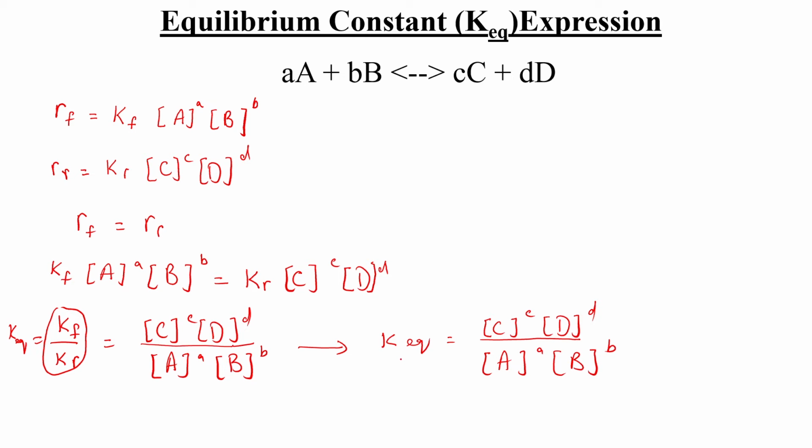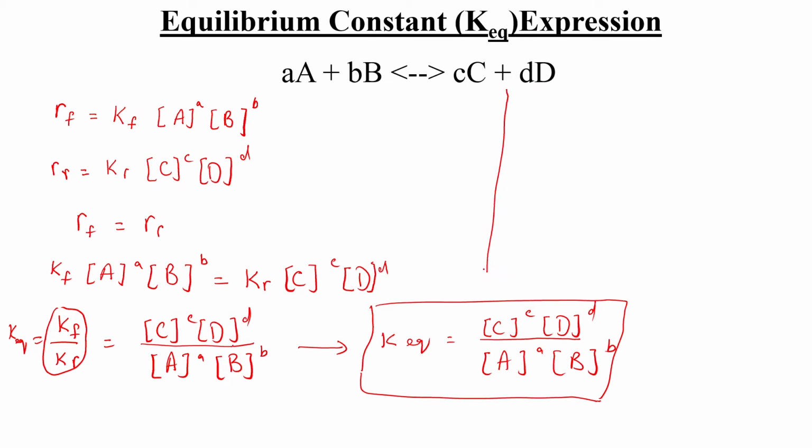So K equilibrium is the ratio of the molar concentration of the product over the molar concentration of the reactants. This K equilibrium expression that we have derived here is specific for this reaction. So whenever we are solving a problem related to K equilibrium, we have to write down this expression